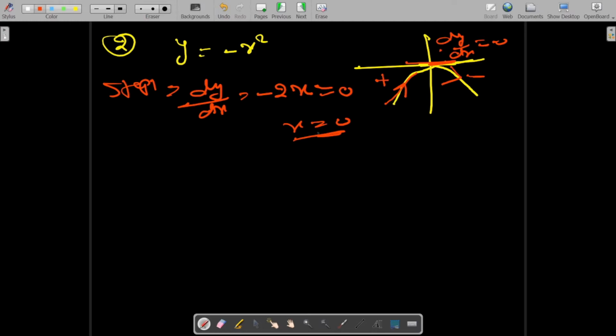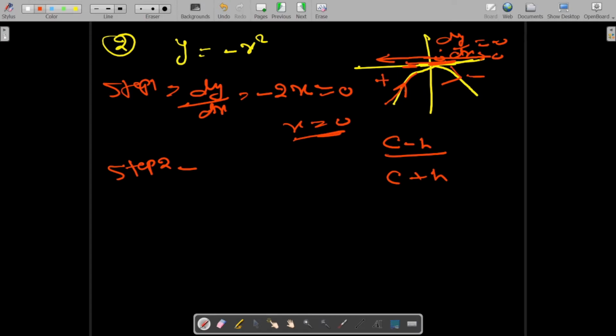And then it will be a maximum or minimum. To identify that, we have to go for step 2, and in step 2 we will put c minus h, any point, and c plus h point. So just before 0, any point here, and after 0, any point, put it in dy by dx. dy by dx will give a slope, so we have to identify whether that particular slope is positive or negative.